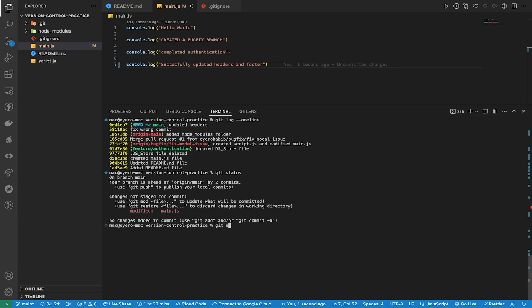So if you do git add, you've already added it. But you don't want to create an entirely new commit for this. You want the commit to be merged inside this previous commit. How can we do that? You use git commit amend main,